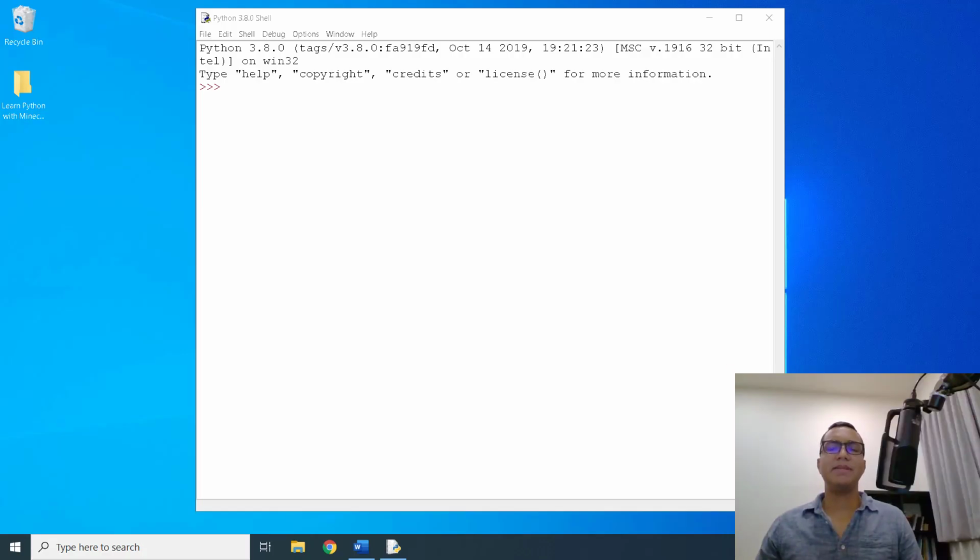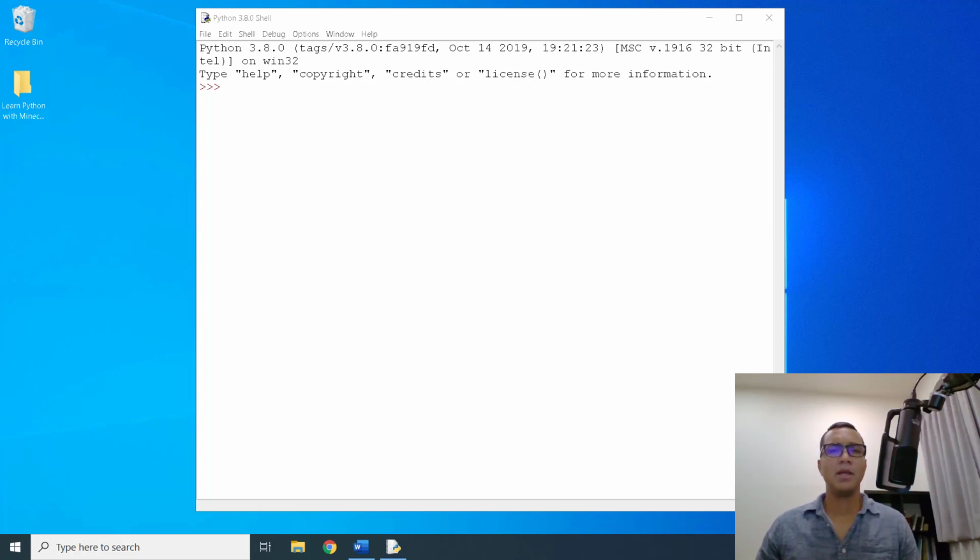Now we know that a program is a set of instructions that can make our computer perform a certain task for us. We also know that our programs can store data using variables. By doing the Hello World program and playing around with variables, we have learned a little bit about Python's syntax, which is just a set of rules that tell us how to type programs that Python can understand. You can think of it as the human languages having spelling and grammar rules to help us form correct sentences